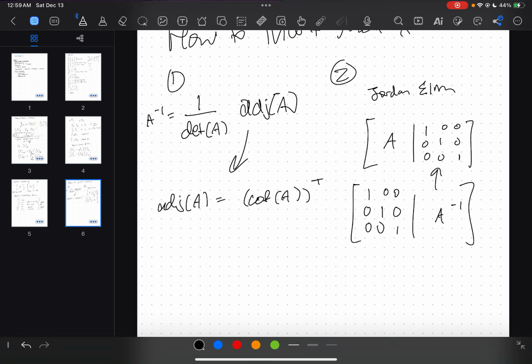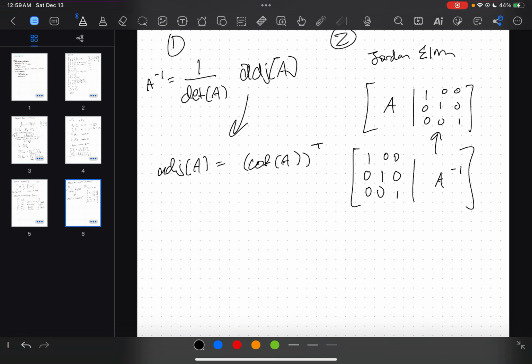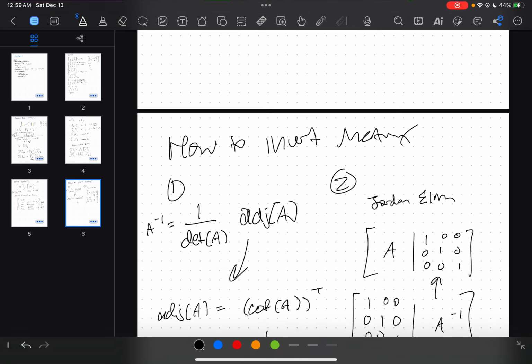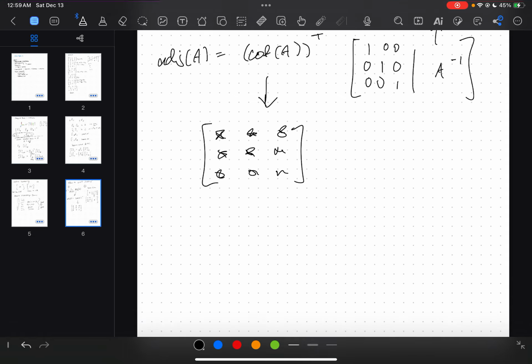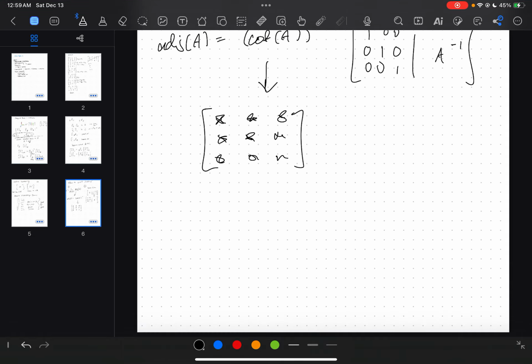The transpose of the cofactors, I got it right. The cofactors, which I should have mentioned earlier, are basically numbers. They're its own matrix that I'm not really sure what it means, honestly. But the way that you get it is you take A